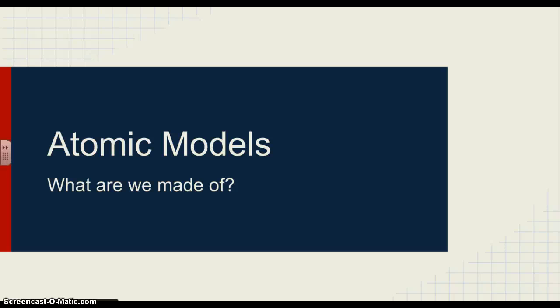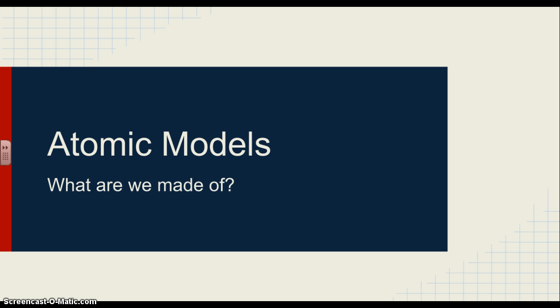So, now that we're done with Unit 2, we can begin Unit 3. Unit 3 is where we really start getting chemistry different than other science courses, because now we're going to start dealing with atoms, what we're actually made of, and beginning to see how they might interact with each other. So first of all, we're going to talk about what does an atom look like, how do we know it looks like that, and the way that this has changed throughout the years.